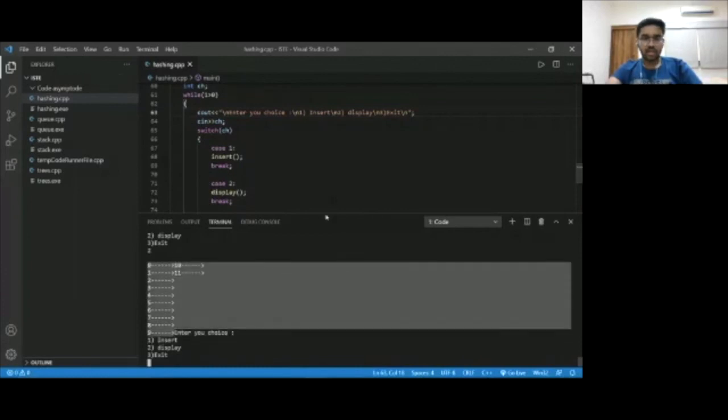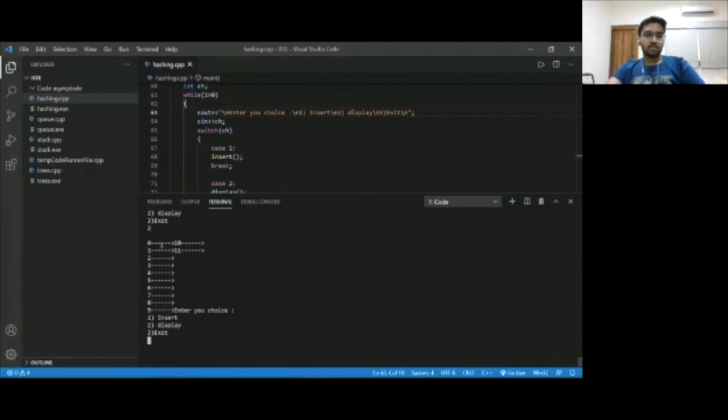I'll also once again run the input, but before that, as you can see, several nodes have been created, and they all have a next pointer. Now the nodes that are empty are not pointing to anything, they are just pointing to null.